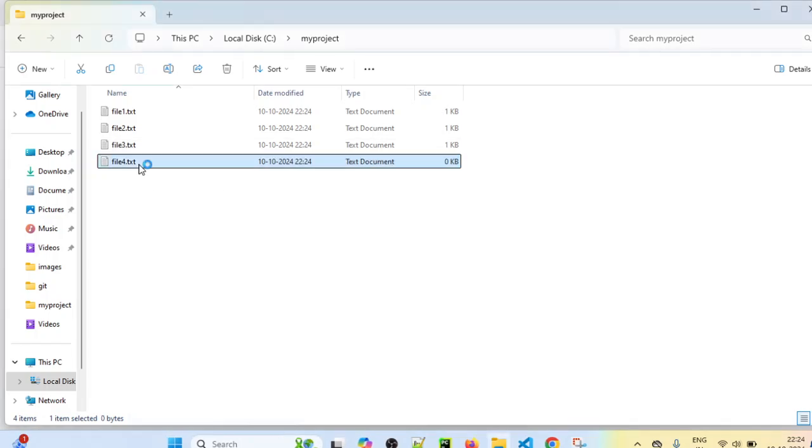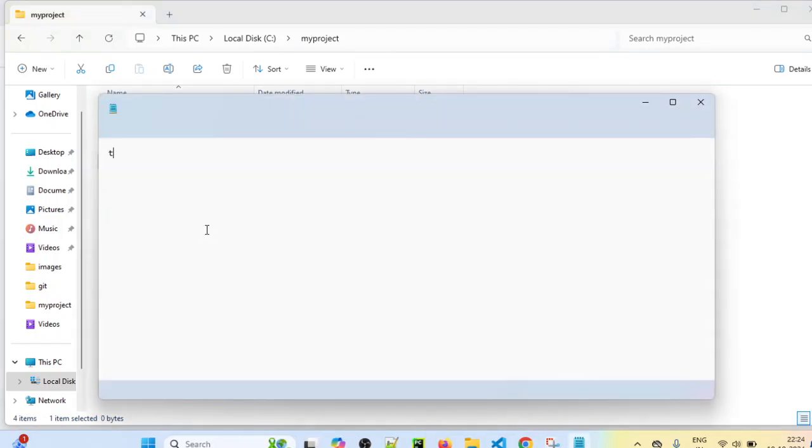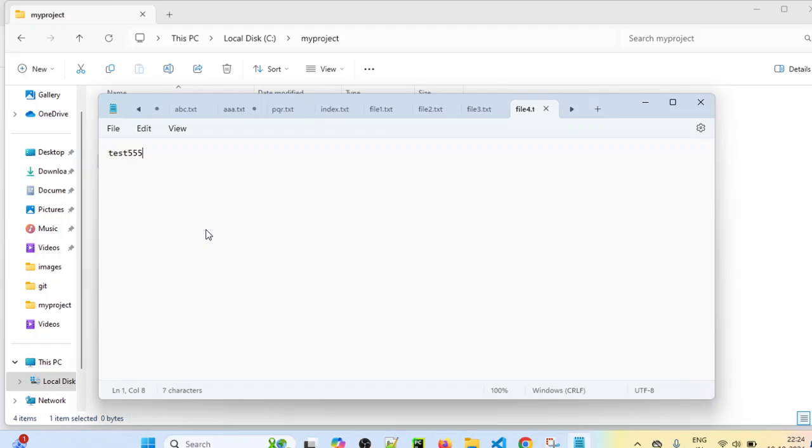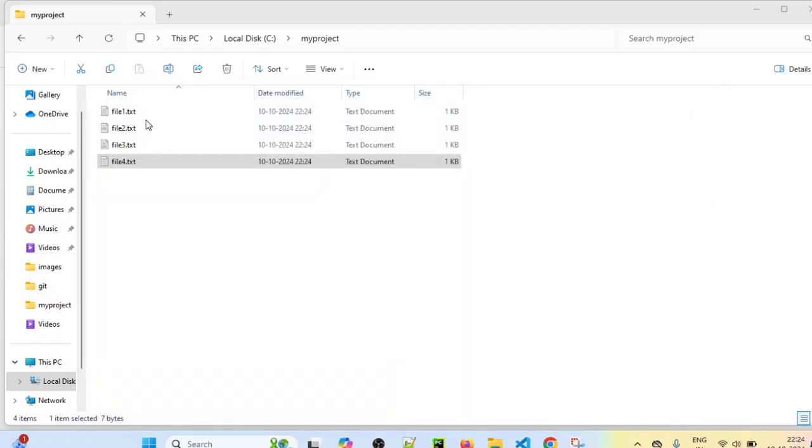And in file 4 also I am adding some content, saving this file and closing it. So we have added 4 files in our project, but it still does not have any version control because we haven't created any Git repository yet.